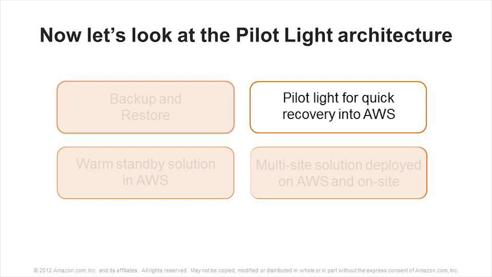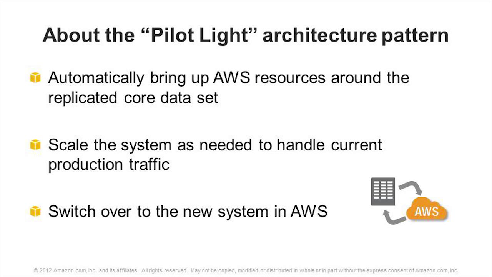Now let's move to the more complex architecture, which we call the pilot light model. The idea with the pilot light model is we're going to be always sending our data up to AWS, keeping the cloud-based backup in very, very close to up-to-date condition. So we're going to have a very low recovery point objective, low meaning that it's a very, very small amount of time. And we're then going to have just a very moderate amount of processing running in the cloud until we put the disaster recovery plan into place.